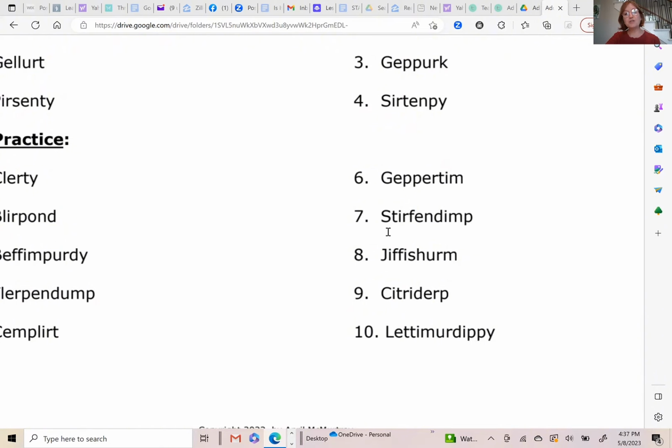Number 7, Sturfendimp. Sturfendimp. Pay attention to that R. It changes the sound of the vowel before it. That's why that I and that I are two different sounds. This one is stir. This one is dimp. Sturfendimp. Number 8, Jiffischerm. Jiffischerm. Number 9,